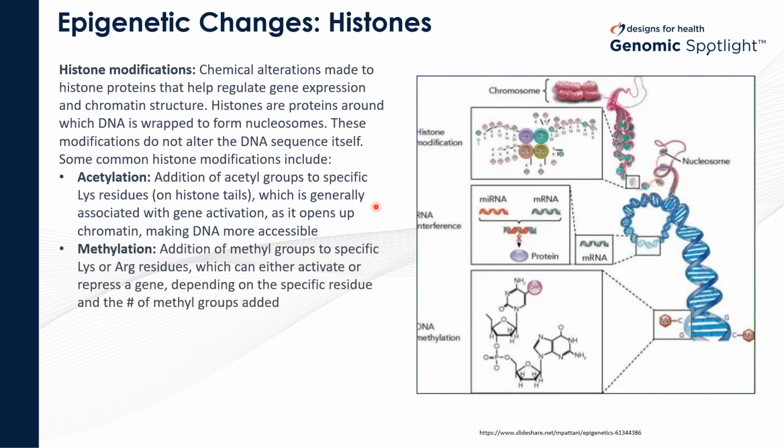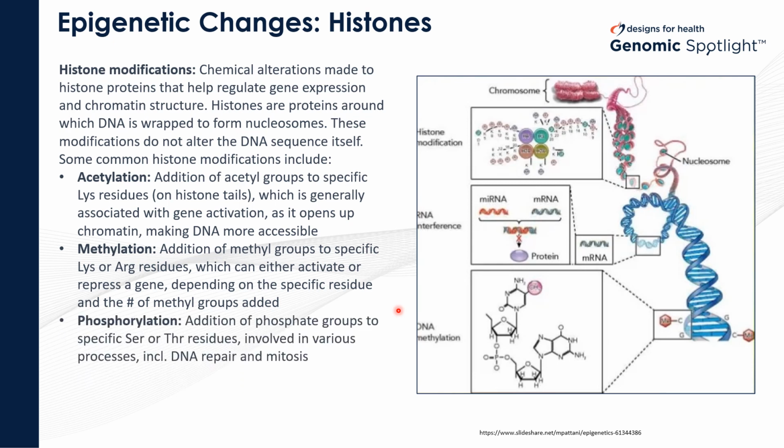Methylation is another type of modification. It's the addition of, you guessed it, a methyl group to specific lysine and this time also arginine residues, which can either activate or repress a gene, depending on the specific residue and the number of methyl groups added. And finally, phosphorylation, the addition of a phosphate group to specific serine or threonine residues involved in various processes, including